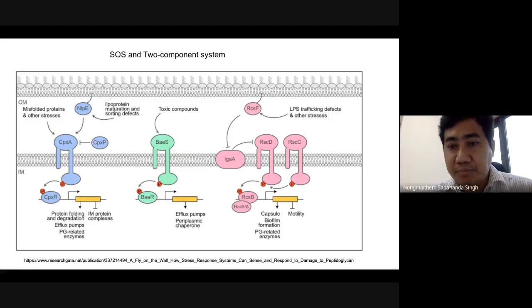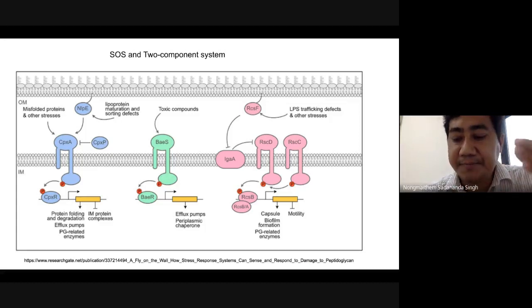Okay, so the SOS response has a lot of links to antibiotic resistance or pathogenicity itself. And how does it link to antibiotic resistance? Many of the antibiotic resistance genes are encoded in the phage genome. For example, the tetracycline resistance gene, the chloramphenicol resistance gene, many of these have come from the phages. So these phages, many a times,